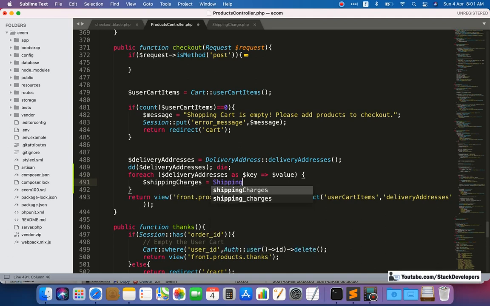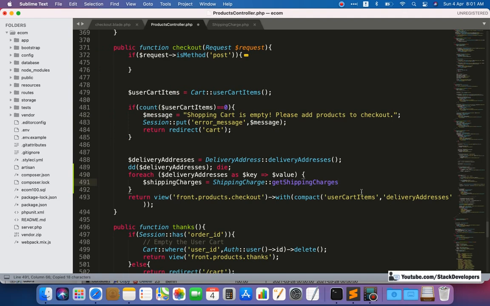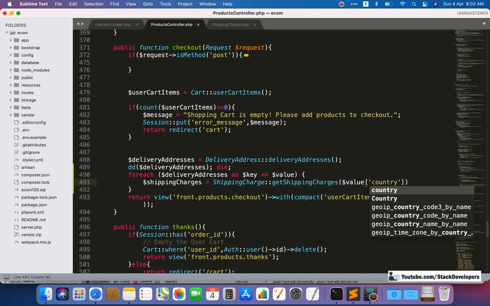Now we are going to call that shipping charge model. Inside that model we are going to call the getShippingCharges function, whatever the function name is, like this. And inside this function we are going to pass the country, dollar value country. It will come like this.